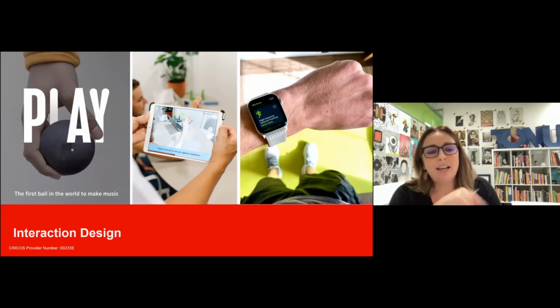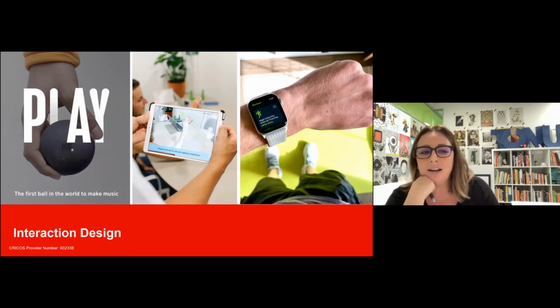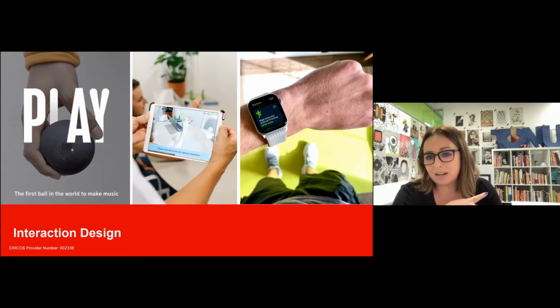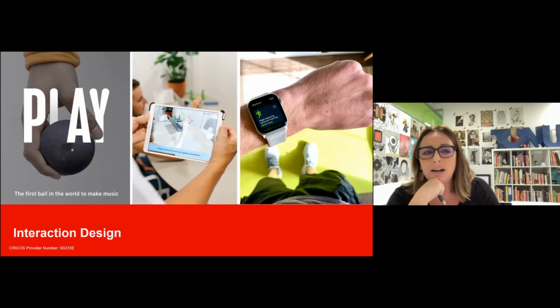100%. Yeah. Interaction design and immersive design get confused quite often. One of the big differences, and this is not true for everyone who works in this field, there's always people that do things in a different way, but interaction design for me is about how people interact with physical technology, whereas the previous one was more digital technology or things that are screen-based. So you can definitely see some screens here, but it's people interacting with physical things. The Fitbit is definitely a great example. The fact that we can now add technology to our body to tell us certain things is an example of interaction design.